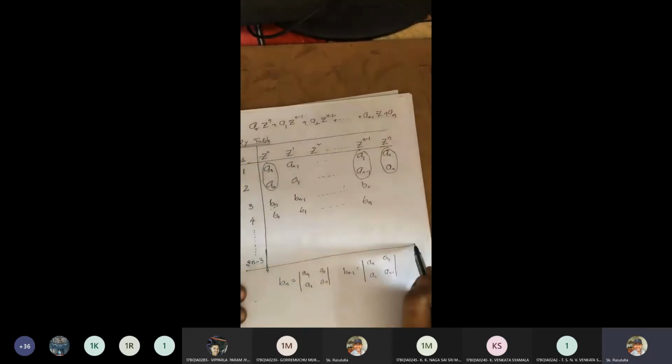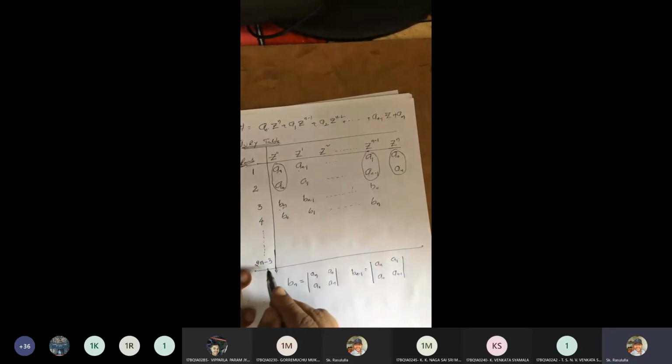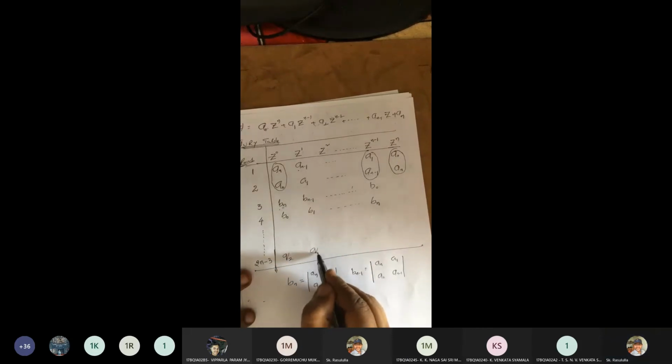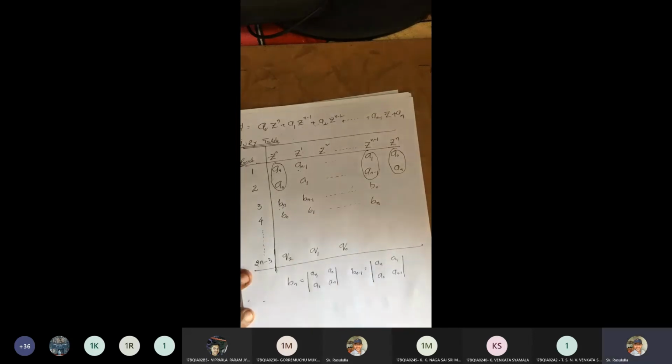మొత్తం 2n minus 3 rows ఉంటాయి జ్యూరీ టేబుల్లో. 2n minus 3, say that is some q2 q1 q0. 3 elements ఉంటాయి లాస్ట్ ఎలిమెంట్ లో. లాస్ట్ రో లో you will get only 3 elements. Okay, so these how elements are calculated, how this bn minus 1 or c0 cn minus 1 are calculated,